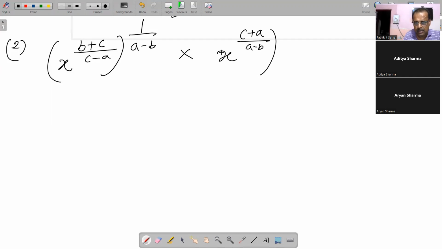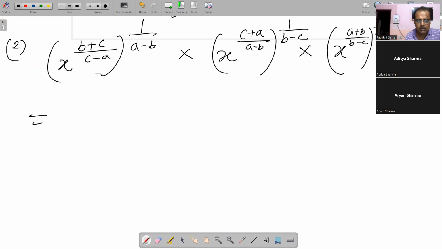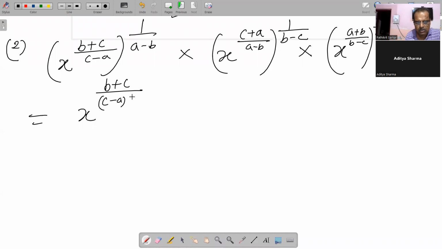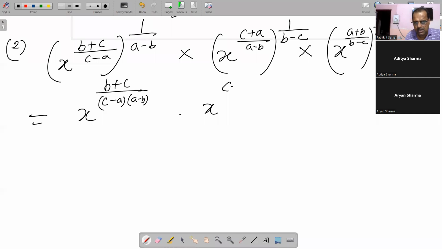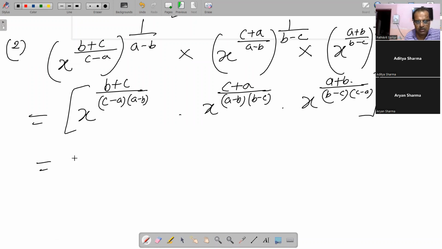देन नेक्स्ट प्रॉब्लम में दिया x टू द पावर c प्लस ए बाई ए माइनस बी एंड दिस प्रॉब्लम को हमको घुमा के लिखा 1 बाई बी माइनस सी and this one we have written x to the power a plus b by b minus c। so this problem को हम घुमा के लिखते हैं 1 by c minus a। so how we can write down these things, इसको मल्टीप्लाई करो। मल्टीप्लाई मतलब x to the power यहाँ पर है b plus c, यहाँ पर c minus a है, उसको a minus b से मल्टीप्लाई करो, हो गया। देन यहाँ पर x टू दी पावर c प्लस ए, तो यहाँ पर लिखो c प्लस ए और उसको मल्टीप्लाई करो a माइनस बी इंटू बी माइनस सी से। ठीक है, देन हियर इट इज मेंशन x टू दी पावर a प्लस बी और उसको मल्टीप्लाई करो b माइनस सी इंटू सी माइनस ए से। सो दिस इज द वे यू कैन राइट इट डाउन।